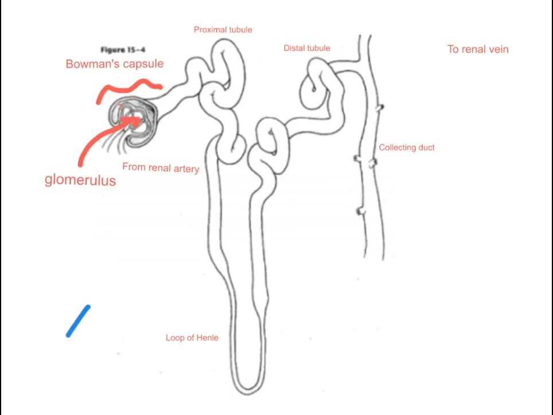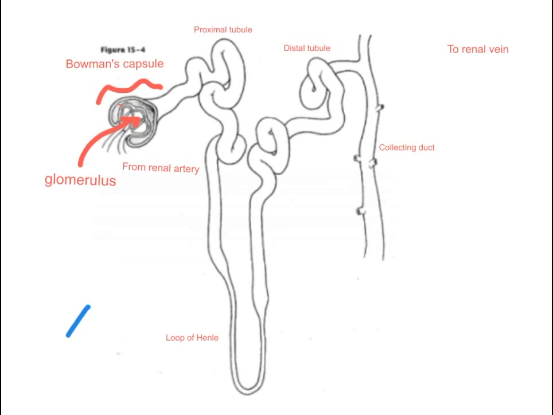And that glomerulus is almost like it's got tiny holes that allow only specific materials to get pushed out, basically filtered out of the blood. And the rest of the stuff that doesn't get filtered out gets carried away out of that glomerular capsule, or Bowman's capsule, and out of this thing called the efferent arteriole, which